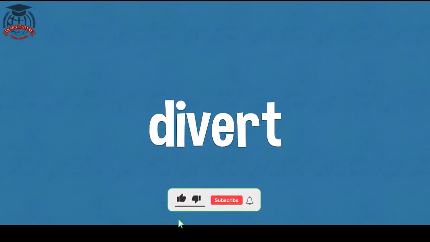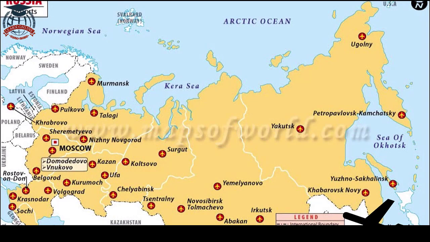And your next word, divert. If you divert something, you make it follow a different direction. So for example, here's a plane. It was flying from Vladivostok to Moscow when it developed a fault. Oh no, so it needed to land. So it diverted to Novosibirsk and landed there instead.